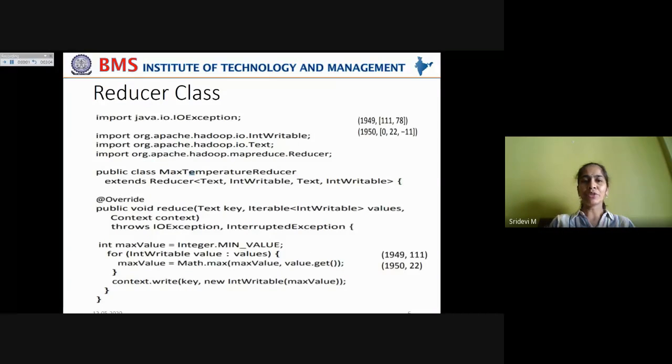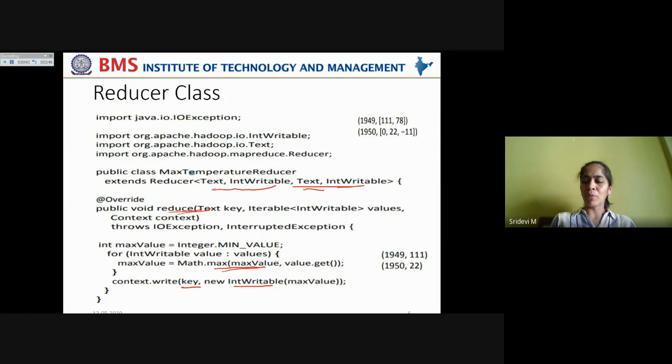For that, we have written the reducer class again, which utilizes the output given by the mapper class. And this takes again the input in the form of key value pairs, that is the year and the list of air temperatures in that particular year, and gives the output as again a key value pair, which is the year and the maximum temperature in that list of temperatures in that particular year. For that, again, we redefine the reduce function in the reducer class, and we wrote the code in order to find out the maximum temperature. And we packed that year and the maximum temperature recorded in that year again with the context object in order to pass it on to the job.